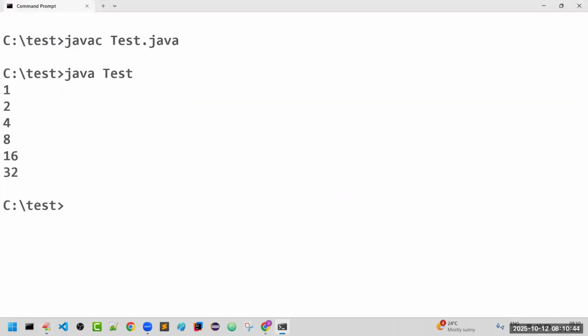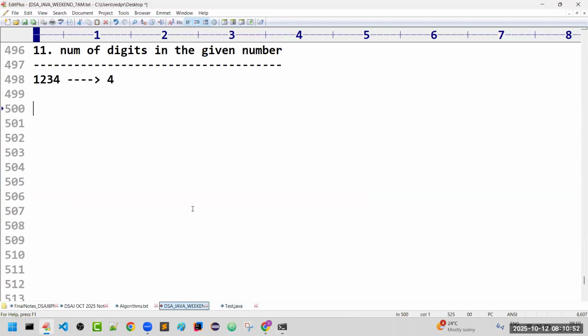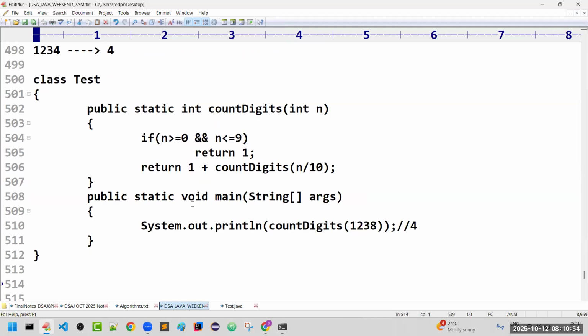So let us cross check whether it is coming or not. So perfectly 4 digits. This is a bit different application. Clear up to this? Yes. Now,